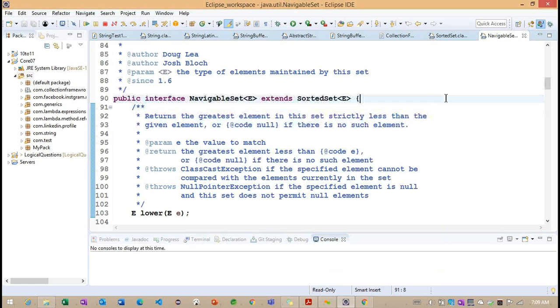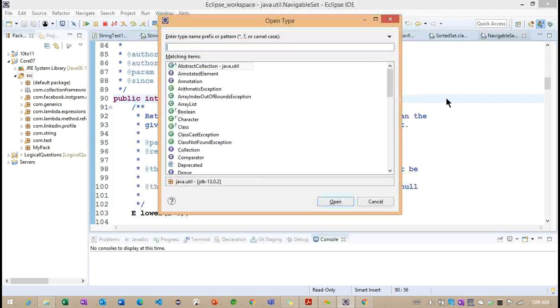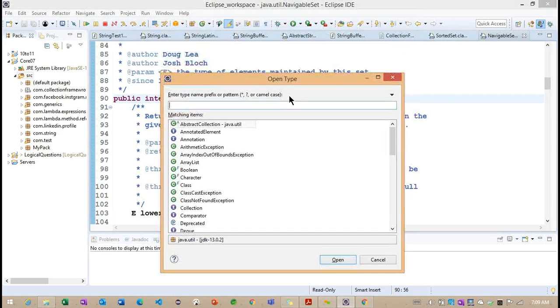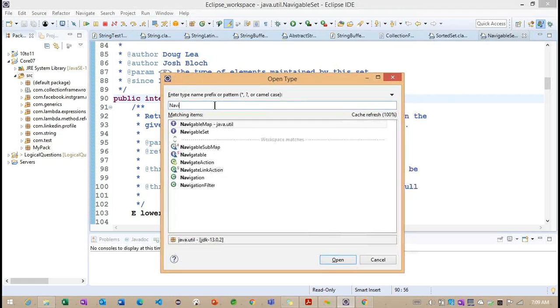But if I type Control Shift T, which is Open Type, and write the same thing, we are getting the information. So what do you understand here? In Open Type, along with the resource classes, we can also load the classes which reside in the jars.